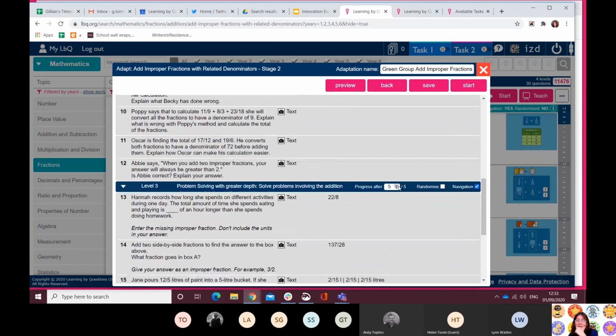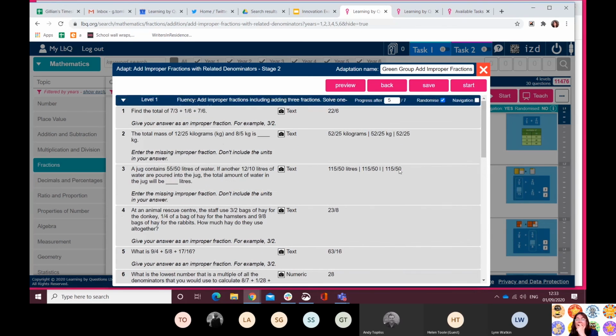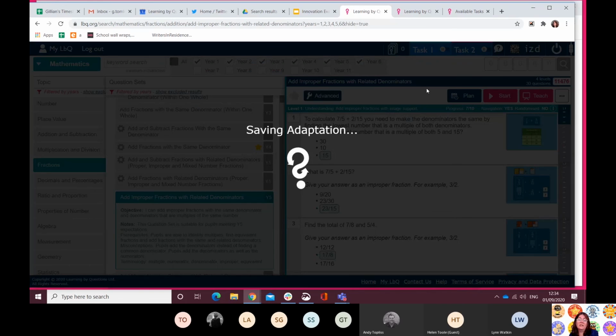I can do the same for each level. I'm going to leave that one. Just take 1 down, give them a chance, and then I'm going to save it. I could start it straight away now. It would run, or I can save it. I'm just going to show you save it,